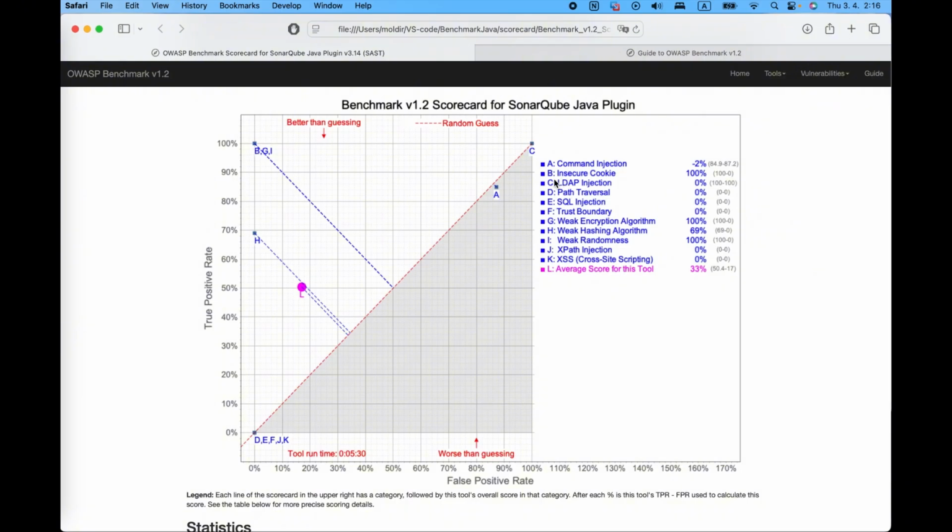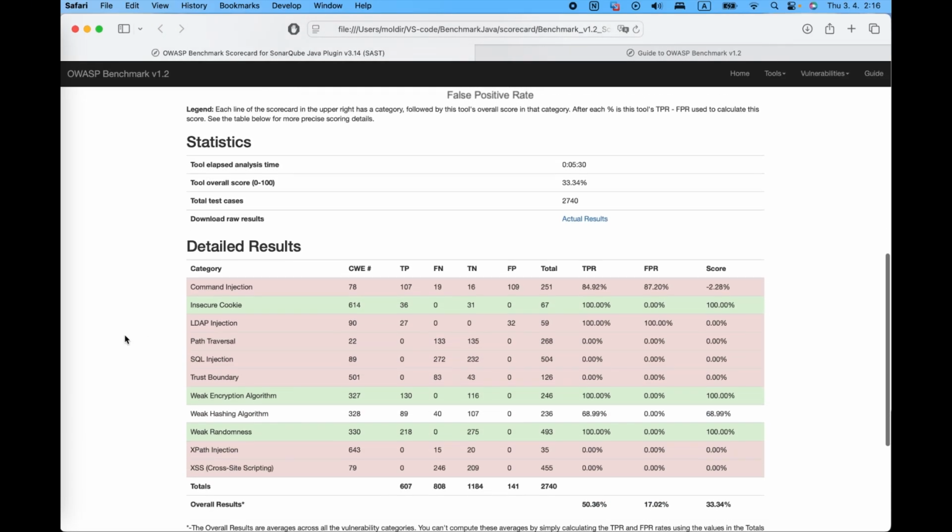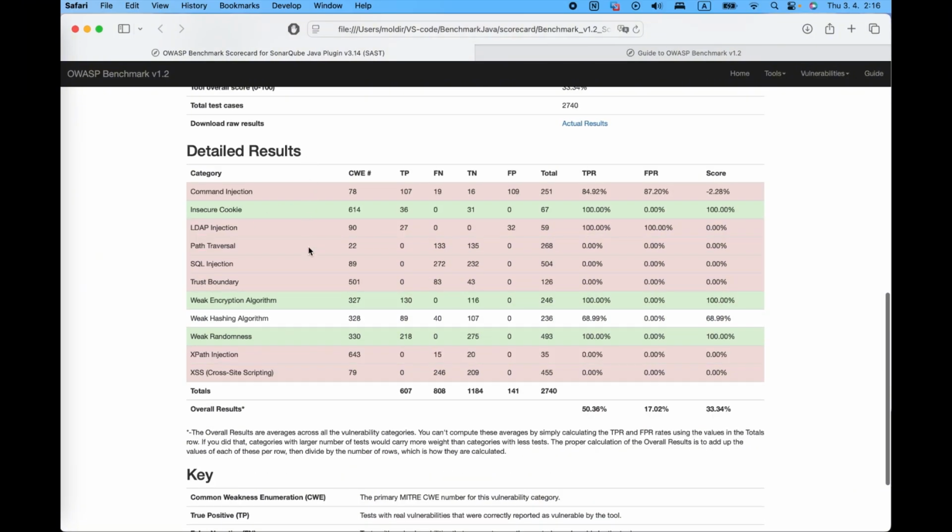So SonarQube identified all, 100%, of the vulnerabilities in the project from the insecure cookie category. And you can see all the others. So an average score for this tool is going to be 33%. The drop down and more detailed result per each category we can see here as well,